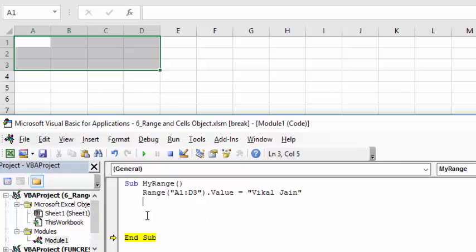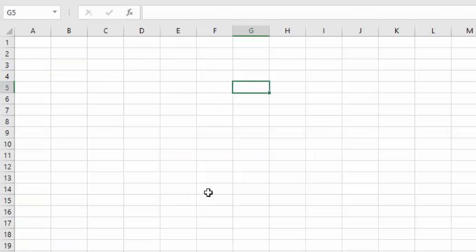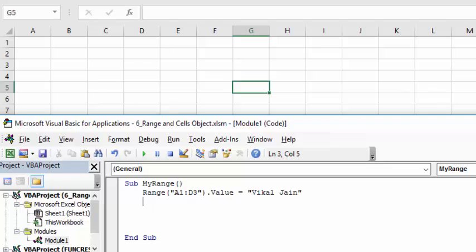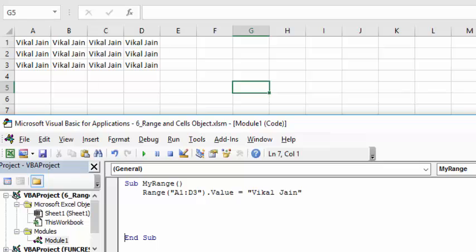Delete it, then let me finish my code first, F8. Now my code has finished. Let me again select any cell, then run F8, F8, F8, F8. So I have written one line only this time. Okay, so